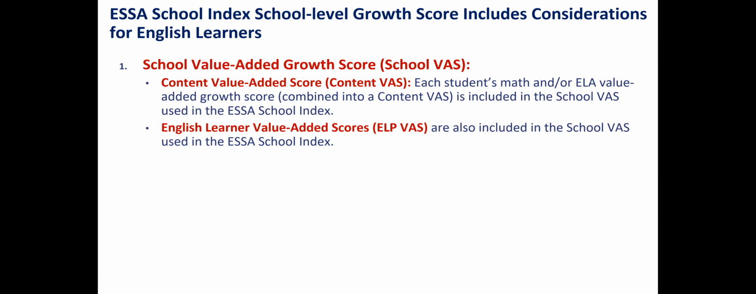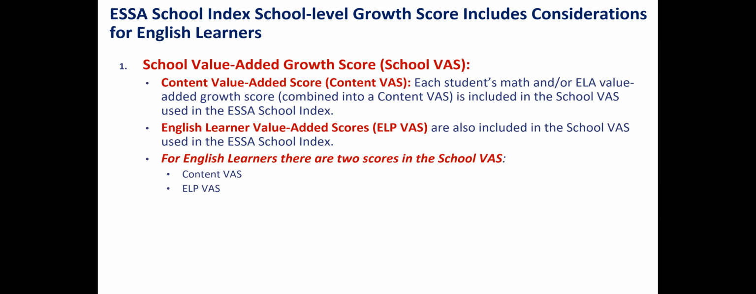So this is how our indicator works in Arkansas. For English learners, there are actually 2 scores in the overall school value added score. An English learner will have a content value added score and an English language proficiency value added score. And this was intentional because the number of English learners who go into your value added score for English language proficiency